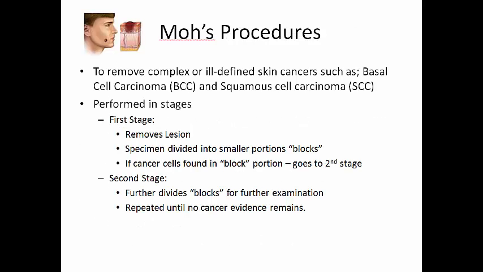Now, Mohs procedures are also known as chemosurgeries. And it's to remove a complex or ill-defined skin cancer, such as a basal cell carcinoma or squamous cell carcinoma. And Mohs procedures are performed in stages. The first stage removes the lesion, and that specimen is divided into smaller portions called blocks. And if there's cancer cells found in a block portion, then it'll go to stage 2. Now, stage 2 further divides that specimen into blocks for further examination, and this is repeated until no evidence remains